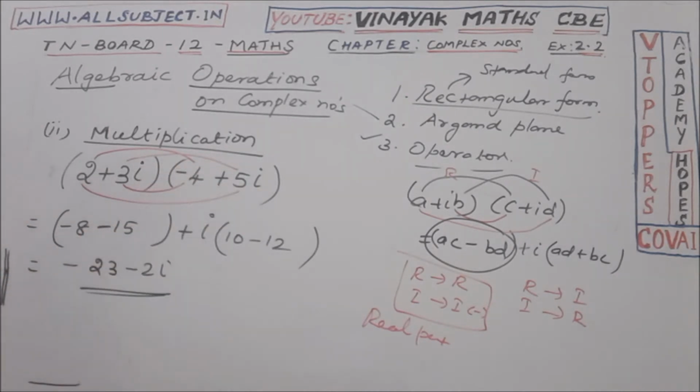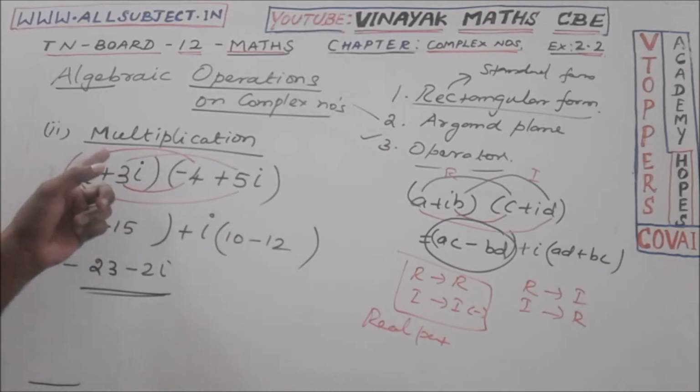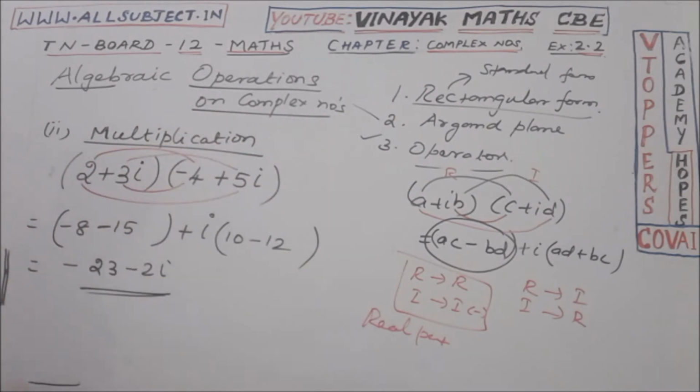We need not go with the usual manner, multiplying 2 with the next two numbers and -3i with the next two numbers. You should go in a short manner, because when we do 5-mark questions, it is very important to complete within the time. So this is a method of multiplying two complex numbers.